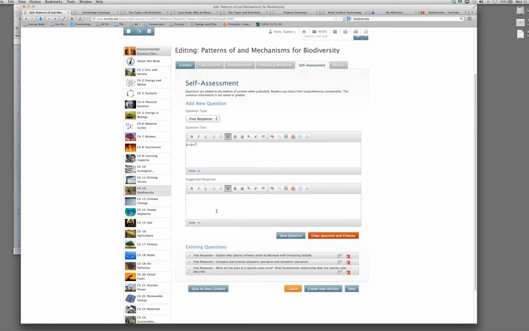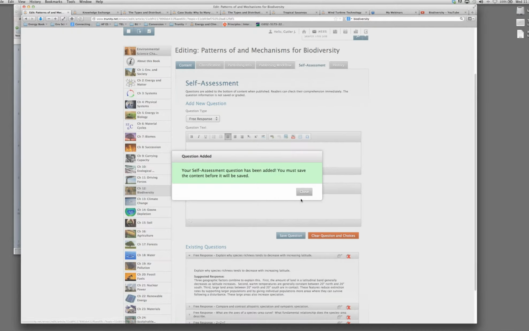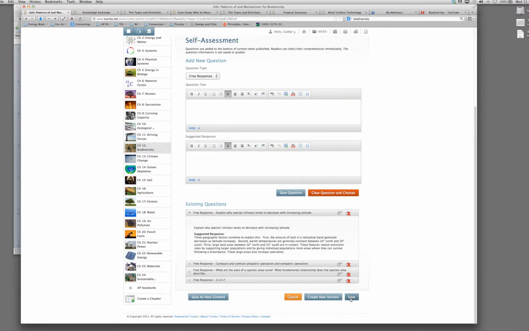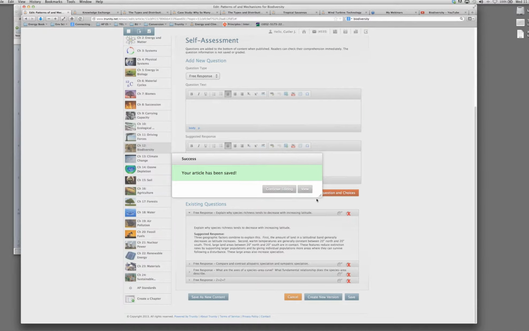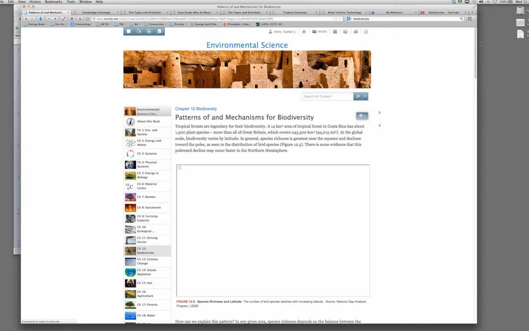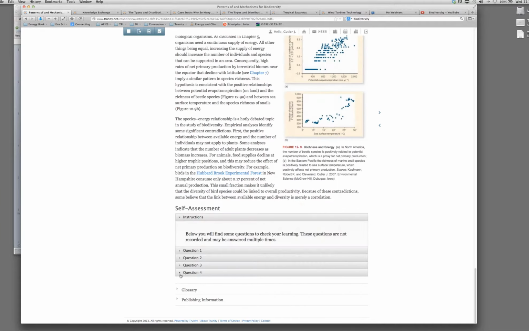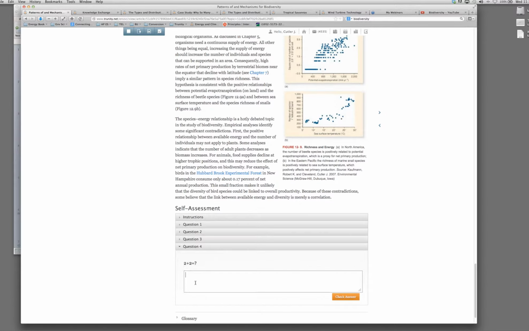What is 2 plus 2? The suggested response is 4. I click Save Question. Close that and save the entire self-assessment module, and click View. And now you'll see that at the bottom of this page with a self-assessment, there's now my new question,